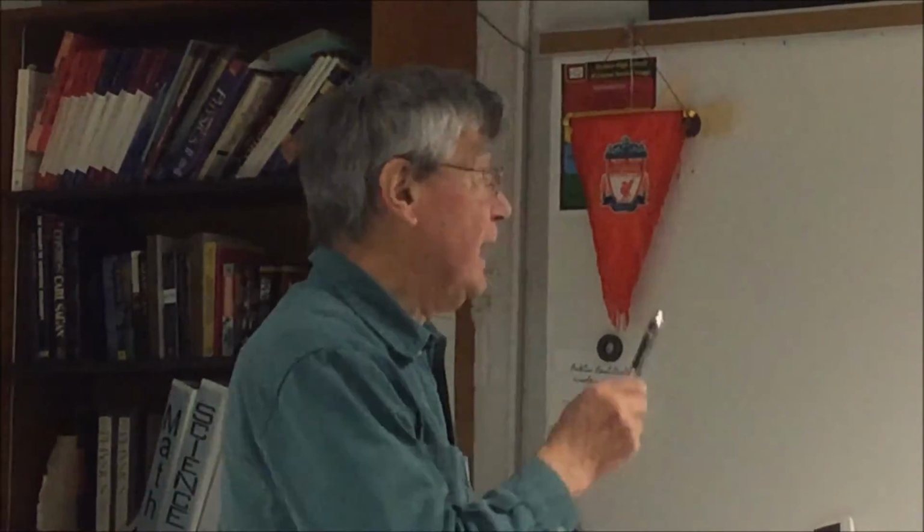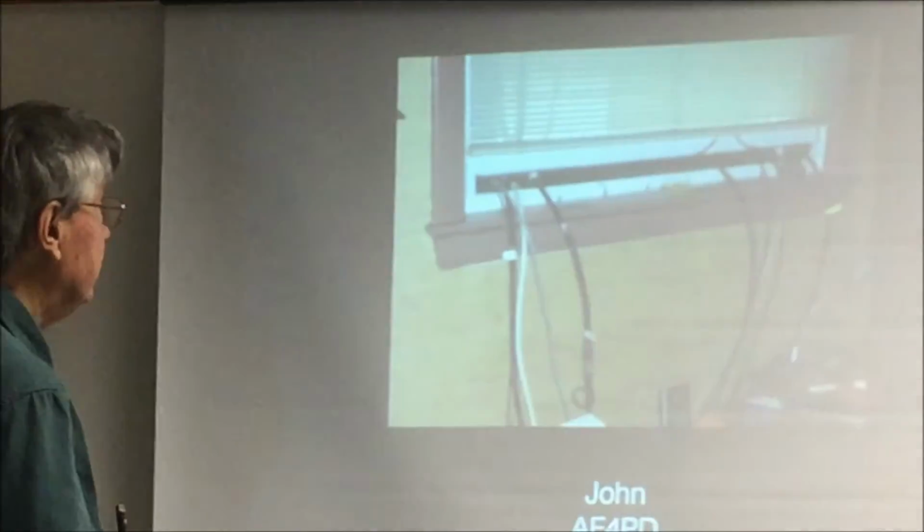Well, this is probably the least sophisticated way to do it, that I know of anyway. There's another one that's coming up. The house exterior is brick, and I was not willing to put a hole through the brick wall of the house. And there was a window that was handy next to my desk that became my operating station. So I decided I had to go through that window. Well, there are a lot of ways to go through the window, and I've seen examples of several of those. Very nice. Well, I didn't do any of those really nice ways to do it. What I did was, see this